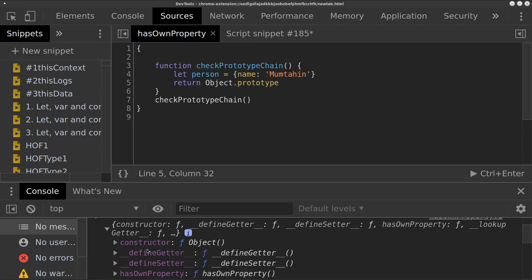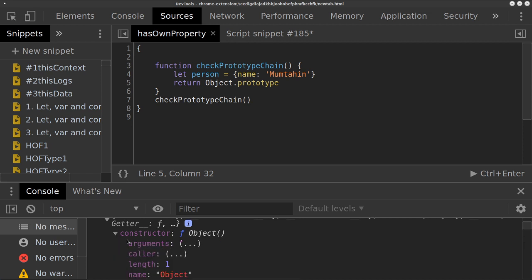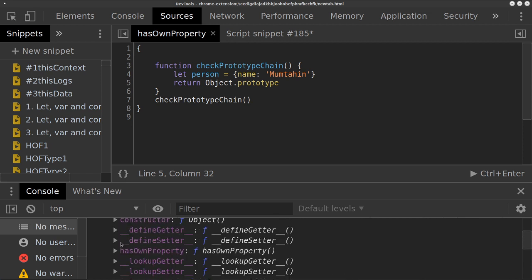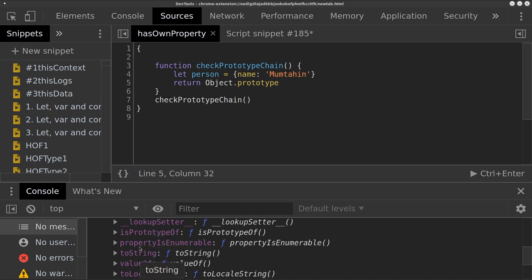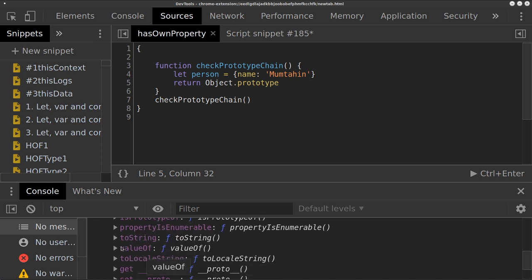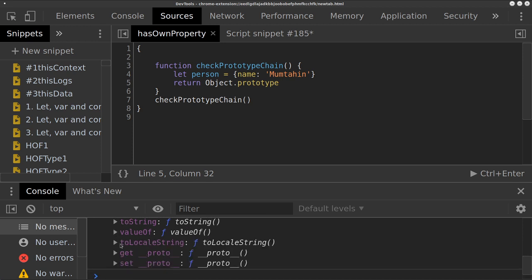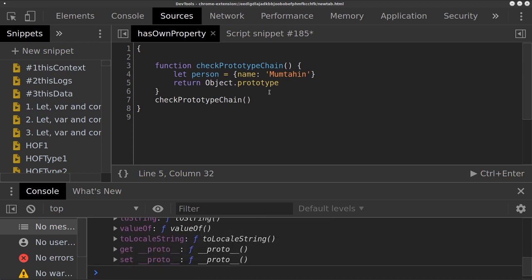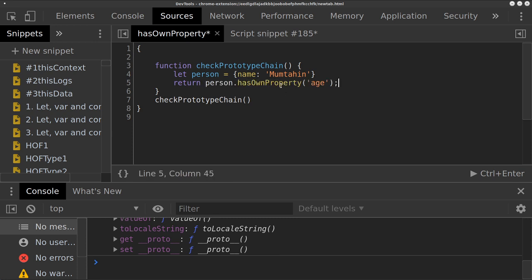So when we create a new object, they're fairly lightweight. There's not many properties that we can use inside. I guess isPrototypeOf, valueOf? I'm just trying to show that, maybe we'll do it with arrays in a second, but if we asked whether Mumtahin himself has a property called toLocaleString,